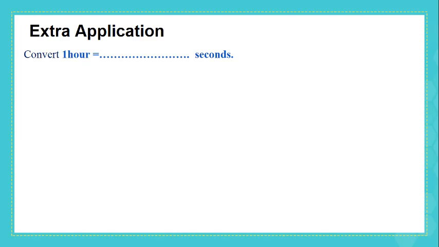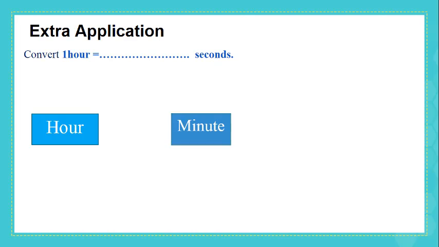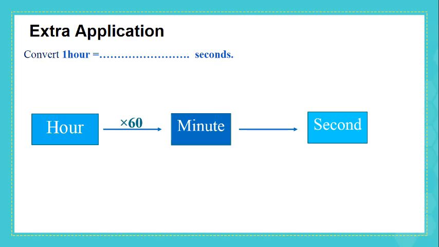How do we convert hour into second? From hour to minute, we multiply by 60. From minute to second, we multiply also by 60. So, from hour to second, we multiply 60 by 60 equals